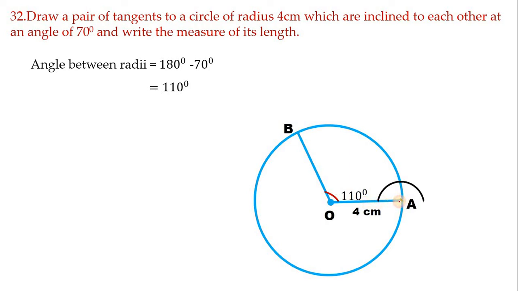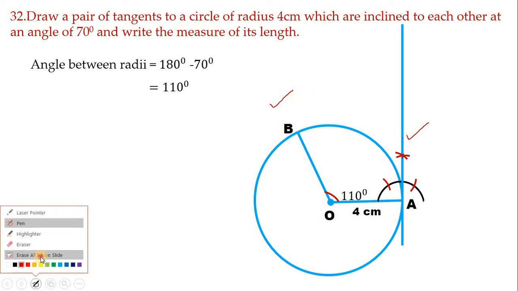Next, A as the center, cut a semicircle. Next, this point as center, cut one arc here. Next, this point as center, cut another arc. Next, again this point as center, cut one arc here. Again this point as the center, cut this previous arc. So both the arcs have to intersect like this. Now with the help of ruler, this point join to A and produce like this. See how we have constructed tangent here at point A. In the similar way we have to construct at B.